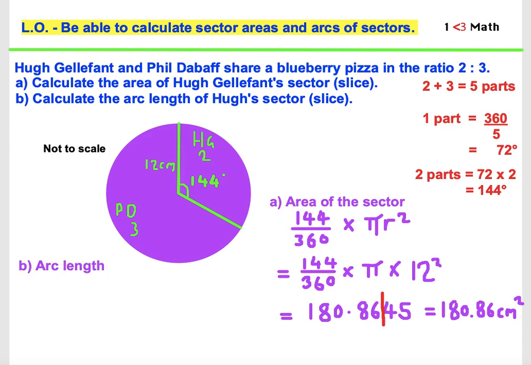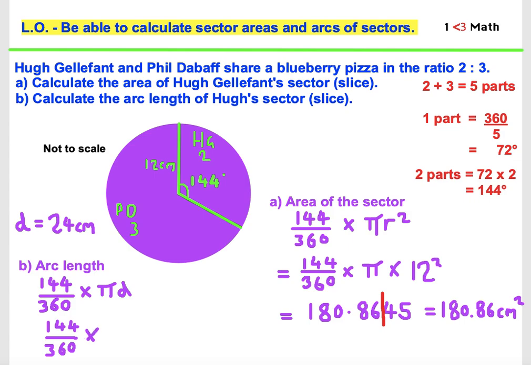Part B, we're going to look at the arc length. Now the arc length is the part of the circumference that is part of the perimeter of his sector. So we've got the 2 radiuses that make up the rest of the perimeter. So the arc length, again we're going to follow the same process of having 144 over 360, because that's the fraction of the full circle that it is. But this time it's going to be multiplied by pi d, pi times diameter. Now if the radius is 12, the diameter is going to be 24 centimeters. It's double the radius. So we can put that into our calculation, 144 over 360 times pi times 24,